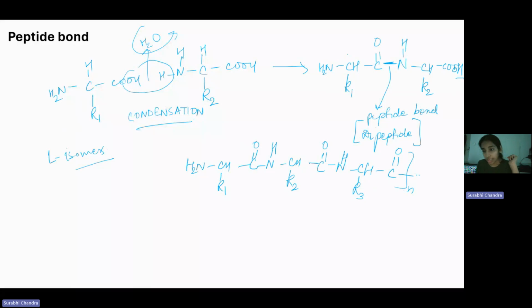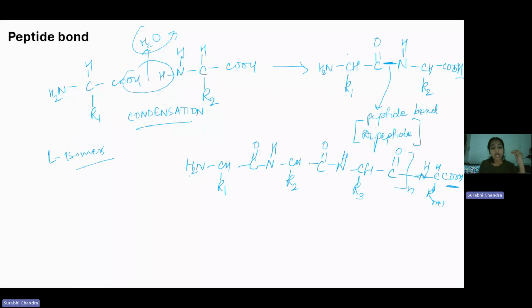It will go on till, suppose, R n plus 1. Because these are all L forms or L stereoisomers, this is how the proteins are synthesized in a cell, by the ribosomes, wherein it is actually read in that manner only,